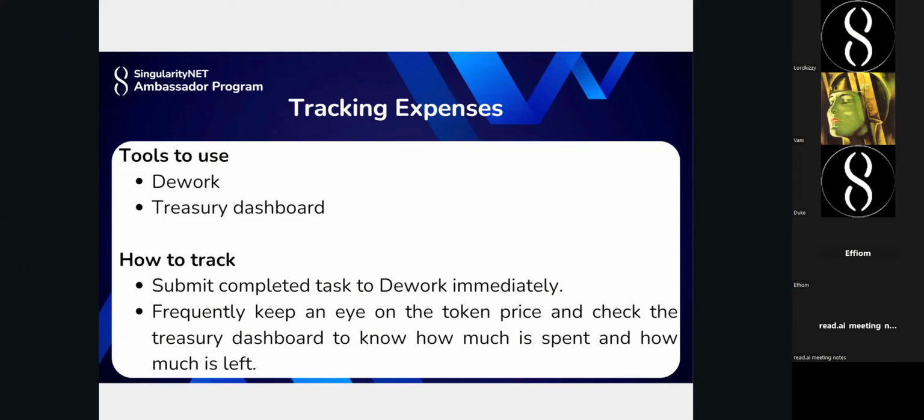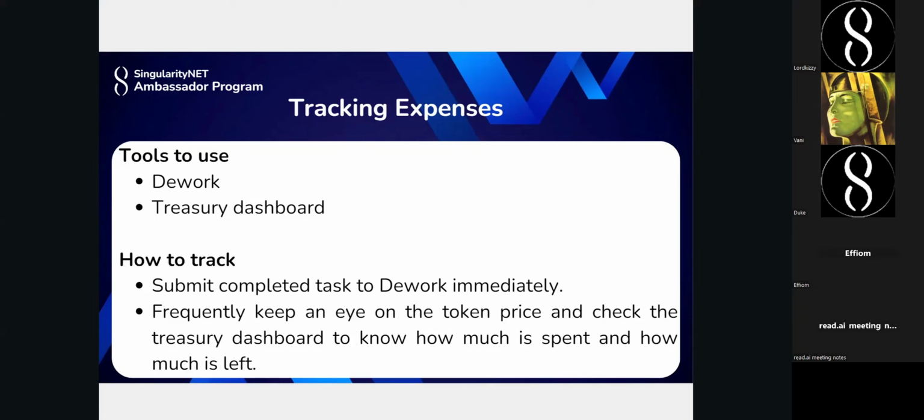And of course, we have two basic tools that we can use to achieve this. The first is DWork. All right. Almost everybody knows about DWork. I think everybody knows about DWork. And then we also have the Treasury dashboard. This is where it gets a bit tricky sometimes because very few people, I think, know about the dashboard. And for some who do even know about the dashboard, very few people know how to operate it, right? And it's a very simplistic process, navigating DWork and the Treasury dashboard,